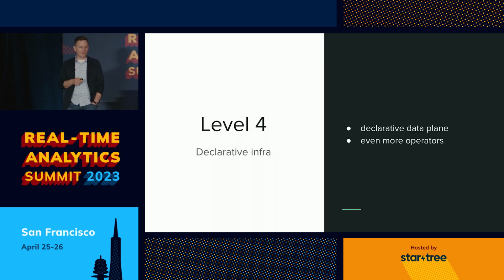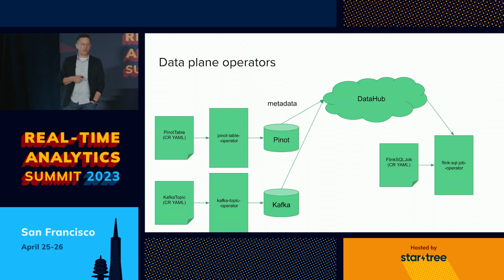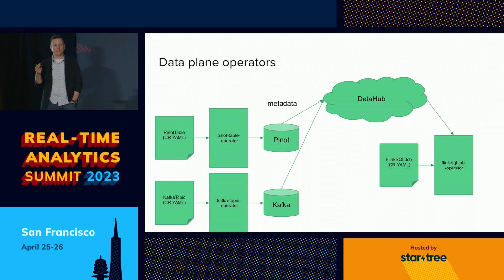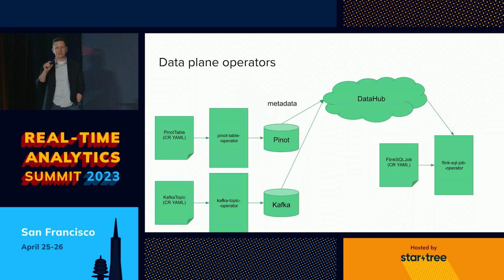All right, so let's take the model even further. Level 4 is declarative infra. And this isn't super novel, but I'll show you why it's relevant to data pipelines. There already exist data plane operators out there, especially Kafka operators, and especially Kafka topic operators. But the idea here is you can have a set of operators that represent physical tables or physical datasets or topics, whatever they are, in your databases in your data plane. So a Kafka topic operator, for example, would implement a Kafka topic custom resource and then go and create the physical Kafka topic in Kafka for you, right?